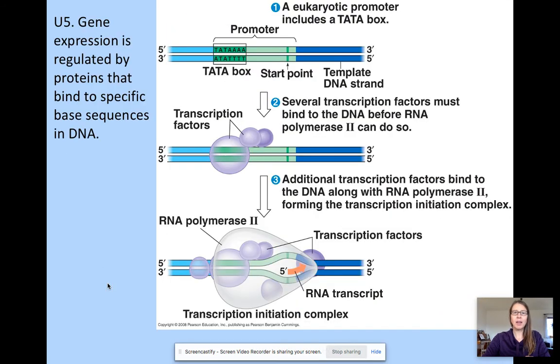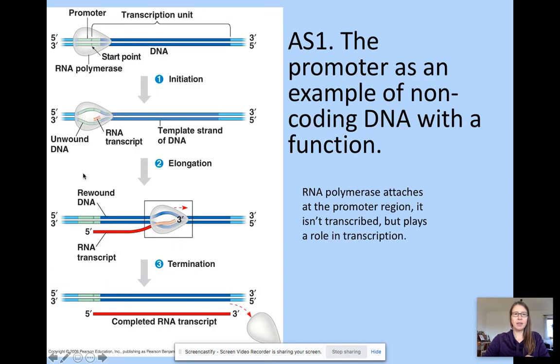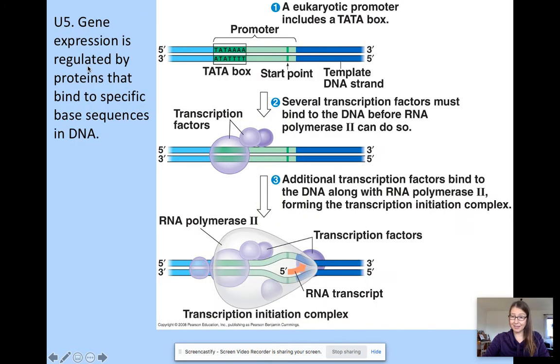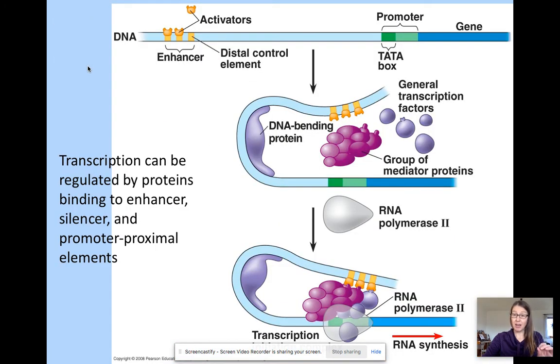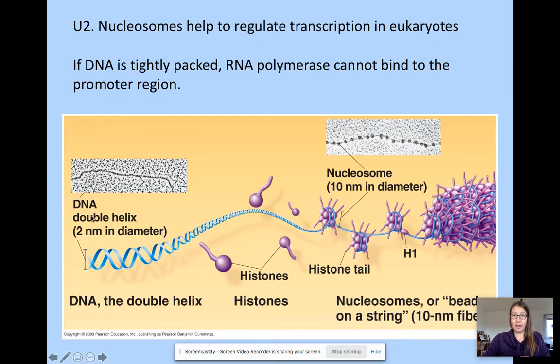Okay, so besides the fact that we need the RNA polymerase to attach to the promoter region, which can be regulated by regulatory proteins, if those proteins are there, it can happen. If they're not there, it's not going to happen. But another way we can regulate it, actually prior to ever the RNA polymerase attaching, is that with the nucleosomes and some of the DNA, we can attach these extra molecules to them to allow the DNA to be more